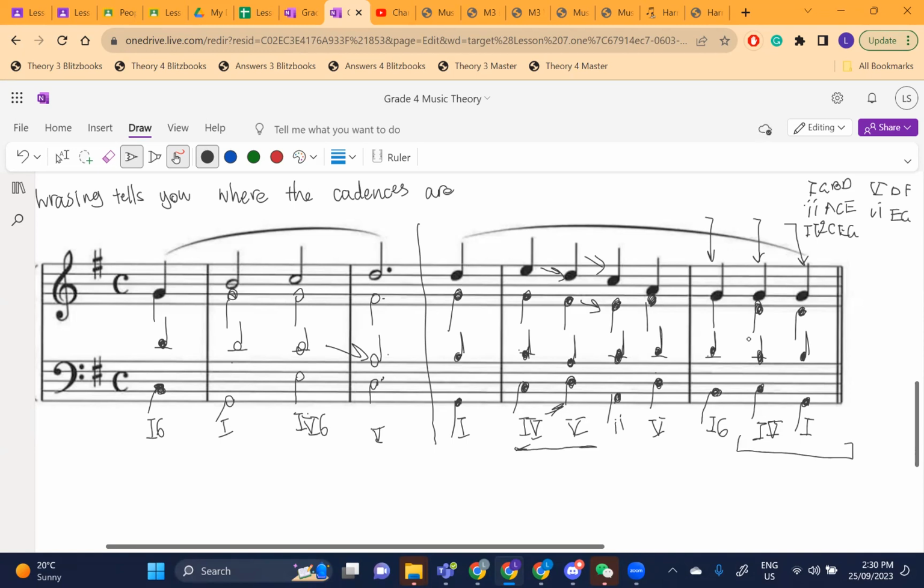So what do you think? Let's play the whole thing. I'm quite happy with this. And before that, check for parallel motion. Voices moving in similar motion, definitely there, but that's the chord progression. So that's good. That's fine. C to E, D to F is fine. A to C,